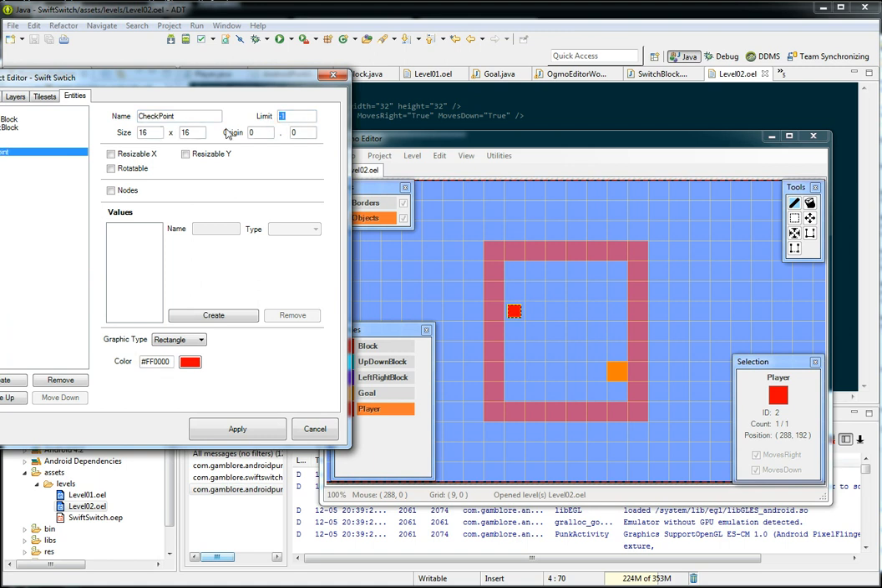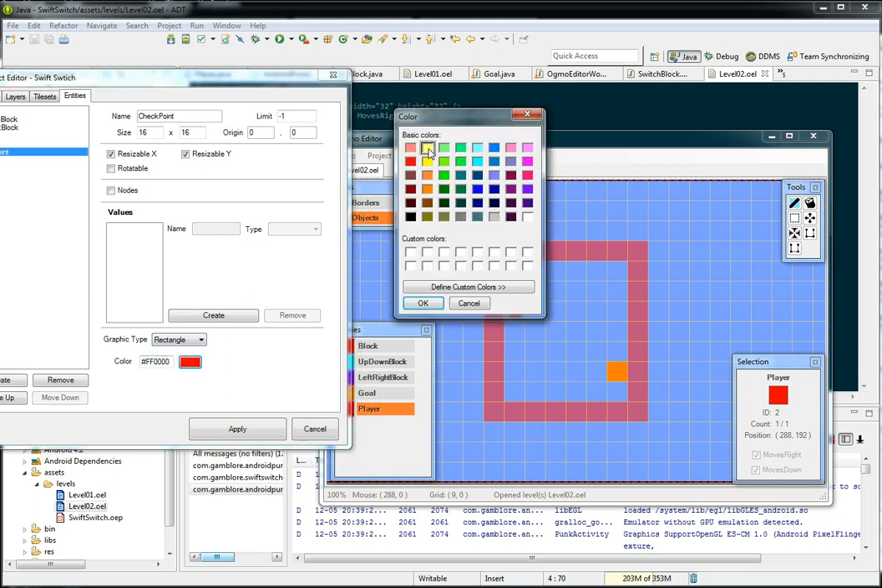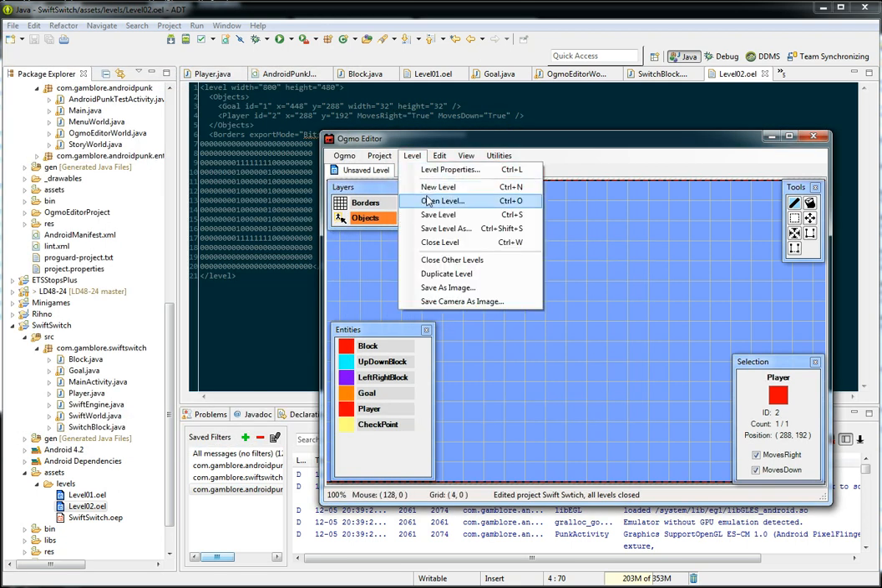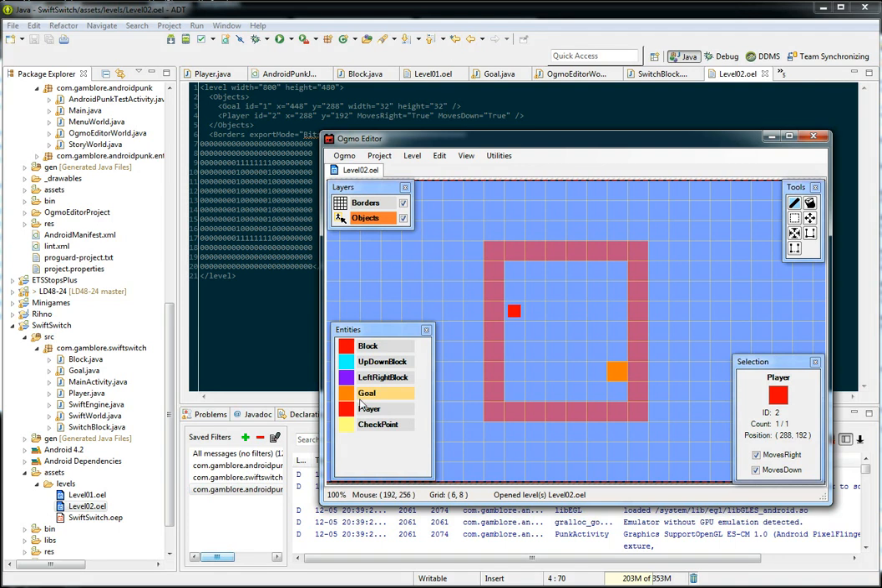You can have more than one. Let's make its minimum size 16, and we'll make it resizable. And what color should it be? Let's do this yellow. So the idea of the checkpoint is when you go through it, it remembers